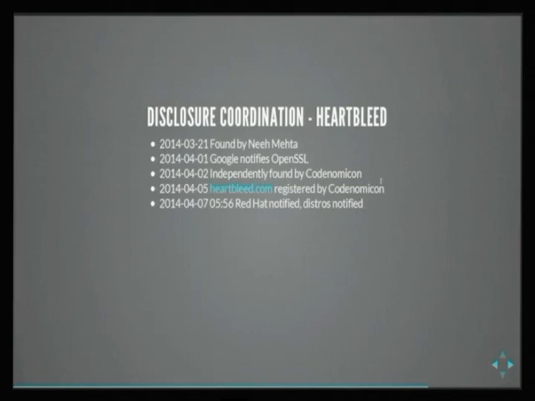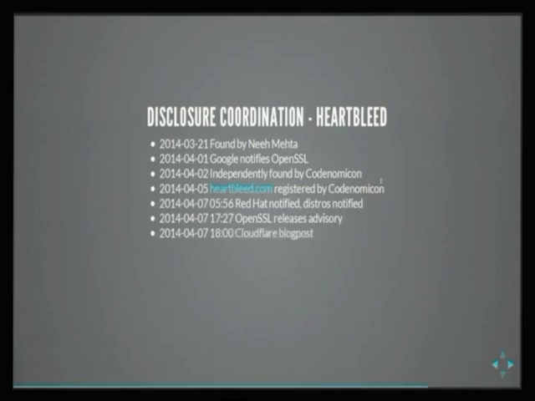On the 7th of April, Red Hat and distros were notified, and that's when it went into panic mode. OpenSSL released the advisory prematurely, so only a few hours were given to the vendors to prepare security fixes.